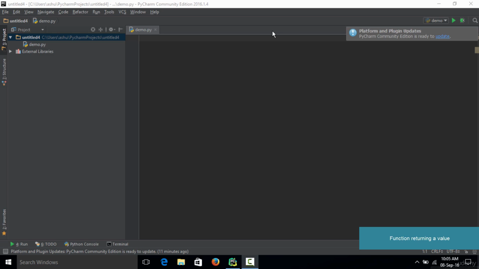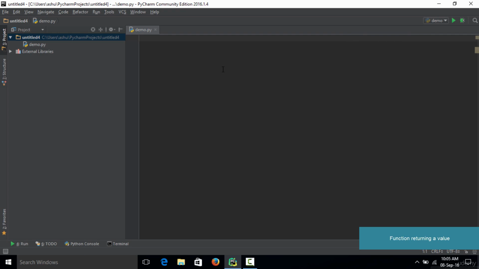Hello and welcome to this lecture, and in this lecture we are going to learn how to make a function return a value. In the previous lecture I explained that a function is like a black box which accepts some data, processes or manipulates that data, and gives back some data. We have already learned how to make a function and how to pass data to the function,